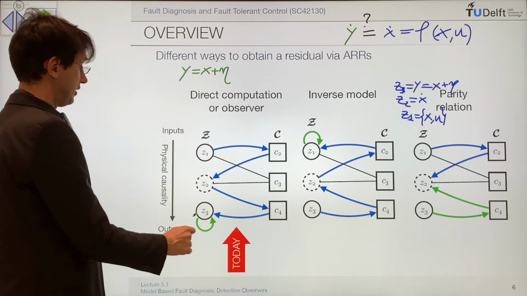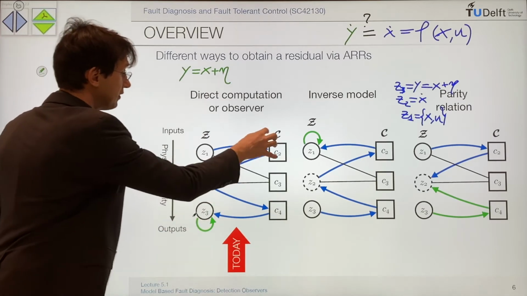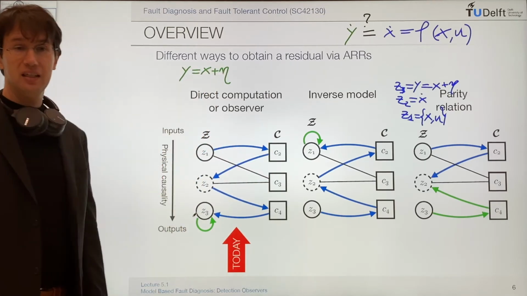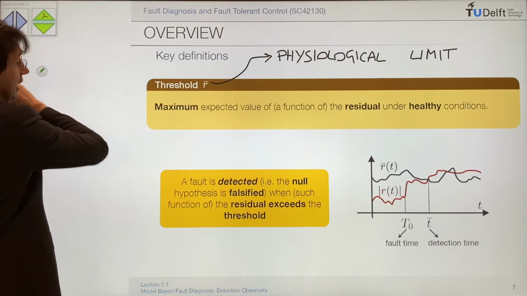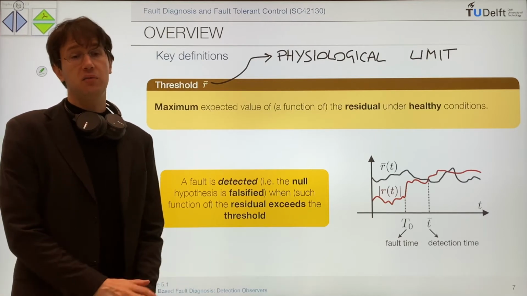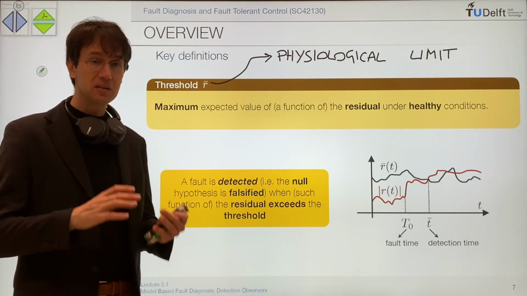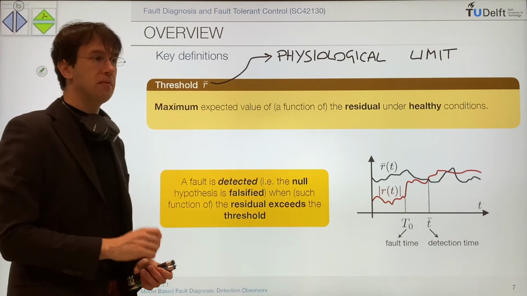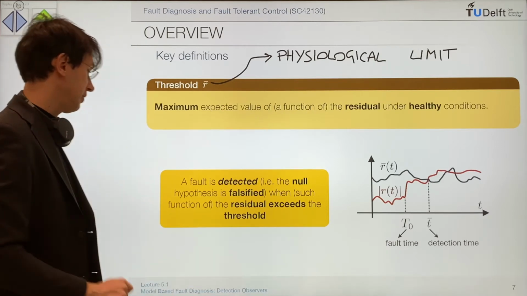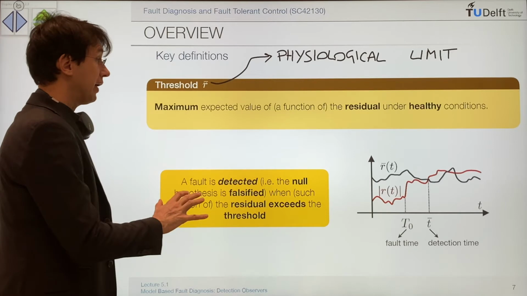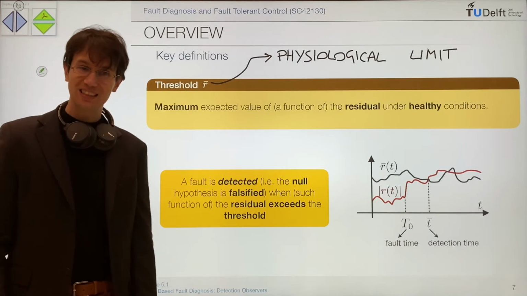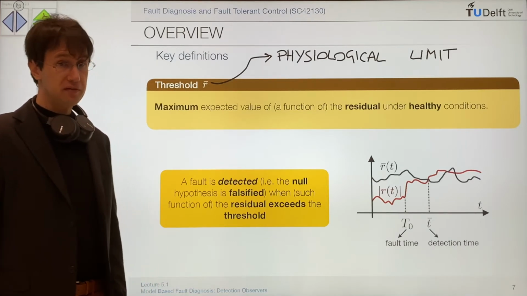So we need to account for the presence of that. When we take the difference between the measurement and the prediction, we have both the effect of the uncertainty on the equations and this measurement noise. We don't want to issue an alarm just because of the noise, because noise is always there, it's physiological. So we need to introduce an upper limit of the maximum value of the residual that we get because of those uncertainties in the model and in the measurements. Anyway, when we exceed these limits, then our null hypothesis, the system is healthy, nominal, is falsified,